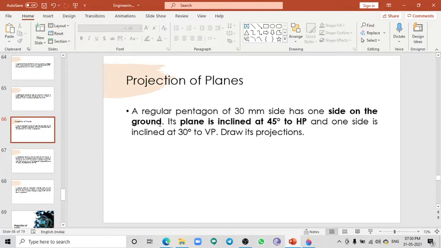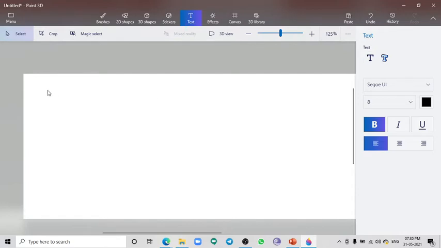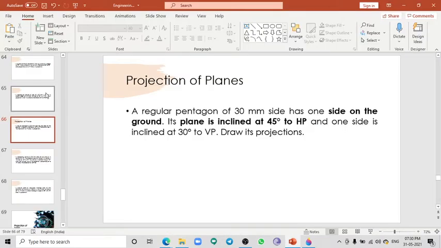such that one side should lie on the ground, which is on HP, and also the plane is inclined at 45 degree to HP, so we have to start the drawing from HP, the horizontal plane. Okay, so the data given for us is a pentagon of size 30 mm,